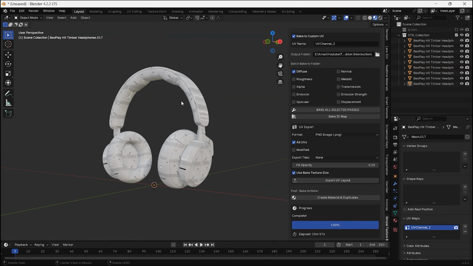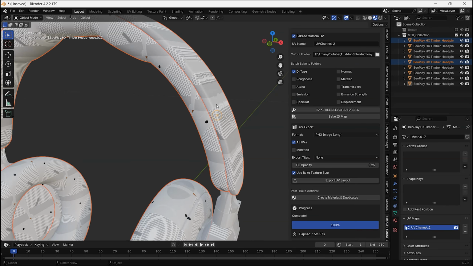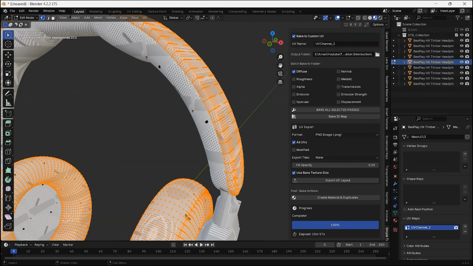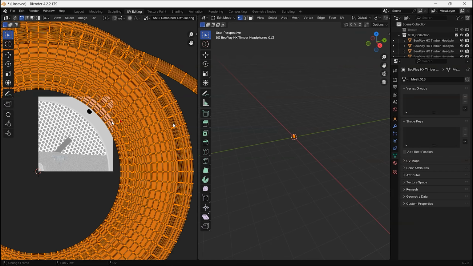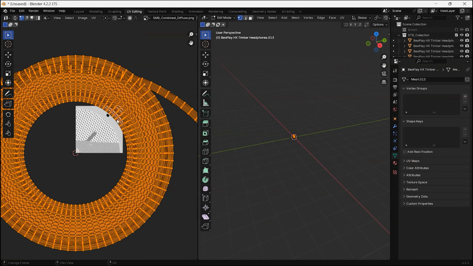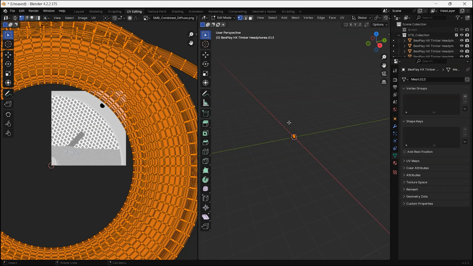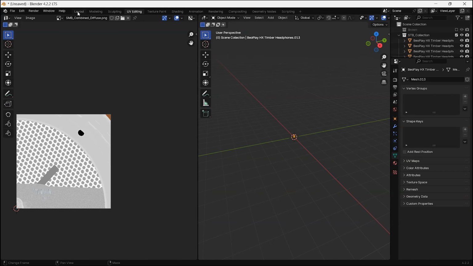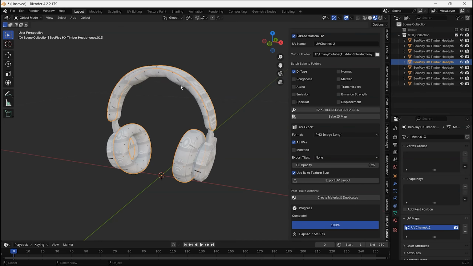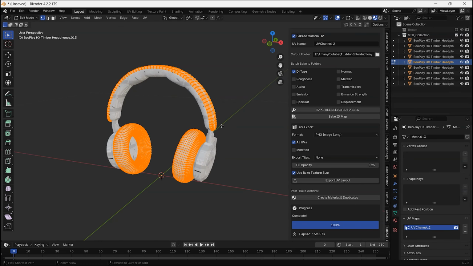Okay, so we made a mistake here. We selected the second UV, but we didn't unwrap the second UV, so it has overlapping issues. Let me show you what I mean. As you can see, the UVs are extended from the UDIMs from the island, so that's why we got the issue. So what we will do now, we'll press Ctrl Z